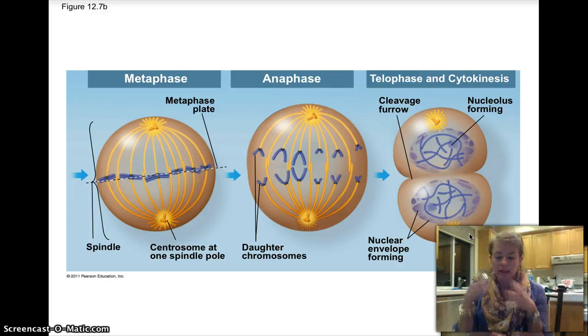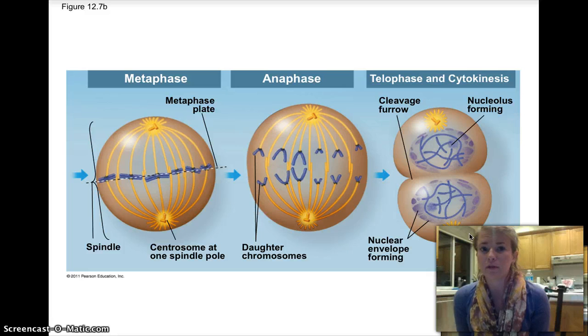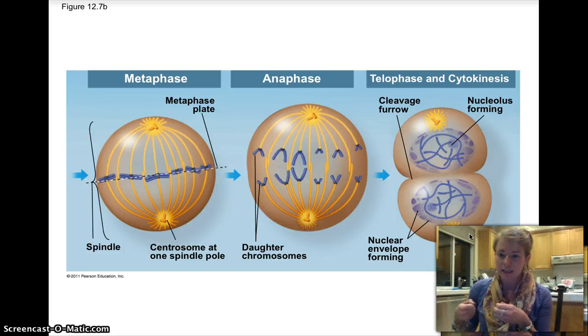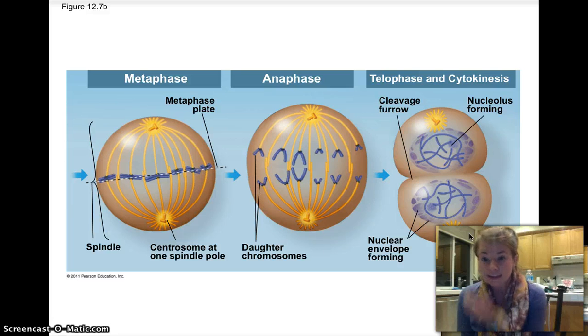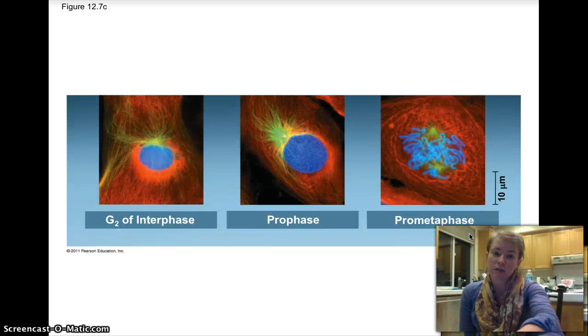So basically, it's like we have this balloon. Someone ties a string around the middle of the balloon and just tightens and tightens and tightens the string. The balloon's going to form two little balloons until eventually it would pop into two if you pull it tight enough. And that's what happens here. We have an actin filament. So remember that actin filaments are microfilaments, another kind of cytoskeleton. And what it does is it pulls and pulls and pulls, just like tightening a ring. It's called the contractile ring around the cell until the cytoplasm divides and we have two daughter cells.